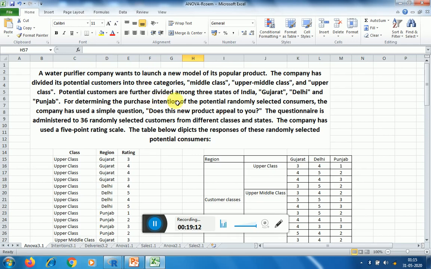Potential customers are further divided among 3 states of India: Gujarat, Delhi, and Punjab. And for determining the purchase intentions of the potential randomly selected consumers, the company has used a simple question: does this new product appeal to you? The questionnaire is administered to 36 randomly selected customers from different classes and states. The company has used a 5-point rating scale, and this data is presented below.